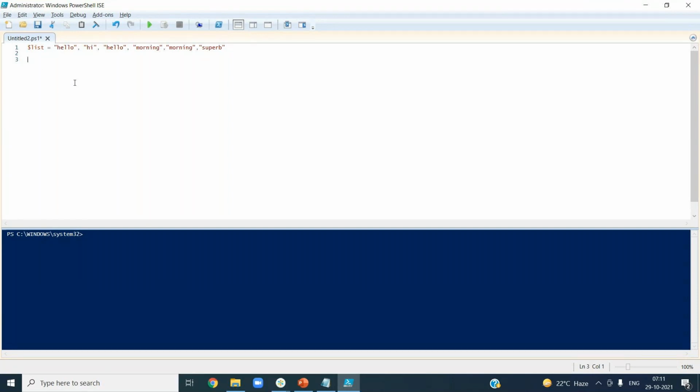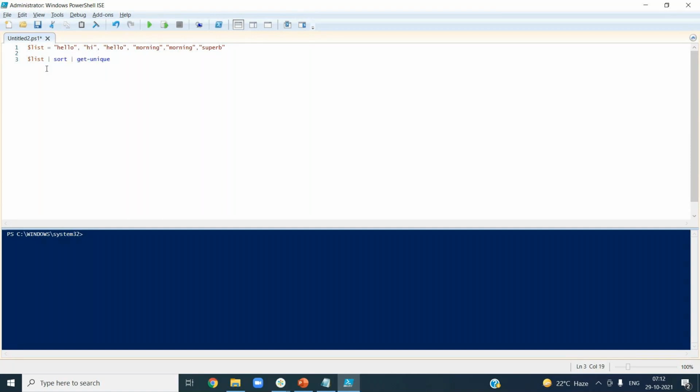How do you use it? You have to start with your data. You can call it an array basically. This is a variable, but it is a variable of type array. You can think like what you see in .NET, Java, etc. Here you will declare like this: array of values or list of values. You have to have that variable, then the pipe symbol, and then first I'm sorting, and then I'm applying the Get-Unique command. This is how you apply commands on any kind of data you have.